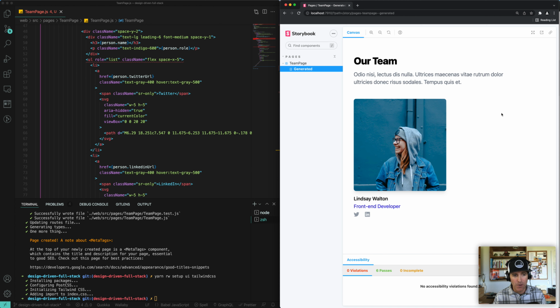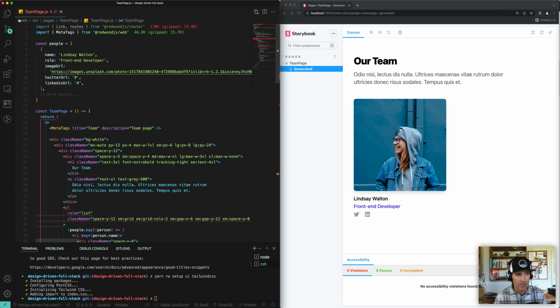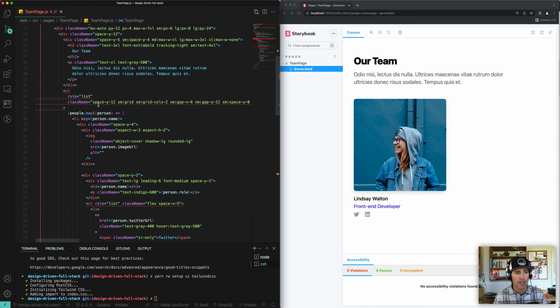So this is working great, but it's not dynamic, right? I'm having to do a few workarounds, and adding this const people at the top is not something that I would want to have in my final application. Let me clean up a couple things real quick